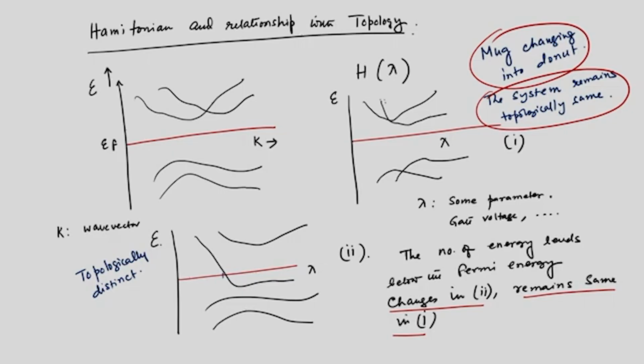Till this point there are two levels above and two levels below, but from this point onwards, let us call it lambda c, there are three levels below, which is not the same as two levels. So, the system undergoes a topological phase transition, which means that there is a gap closing